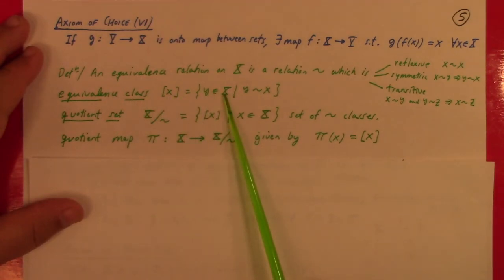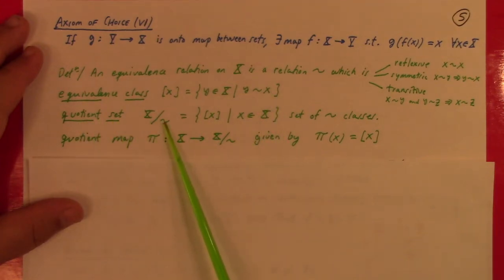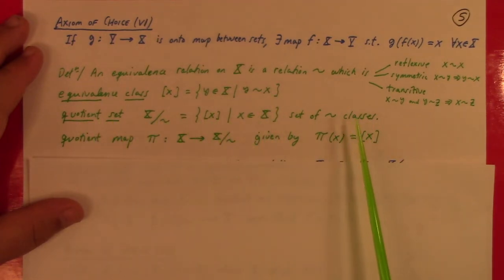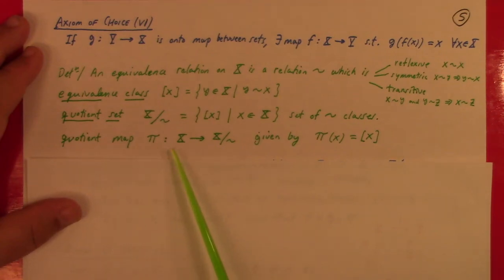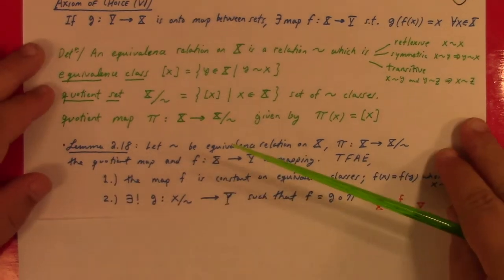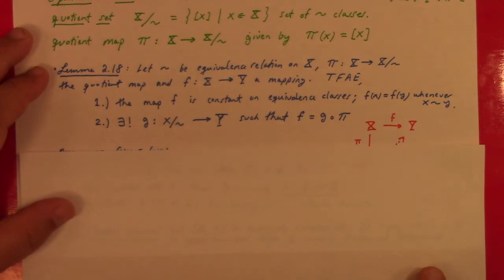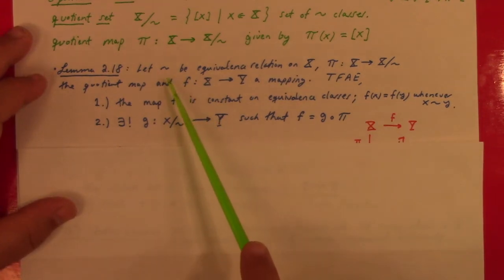It's all y in big X such that y is related to x. You can talk about the quotient set, which is the set of equivalence classes. The quotient map maps x to its equivalence class, all right? And lemma 2.18 gives us a kind of nice result here, which is that if we have an equivalence relation